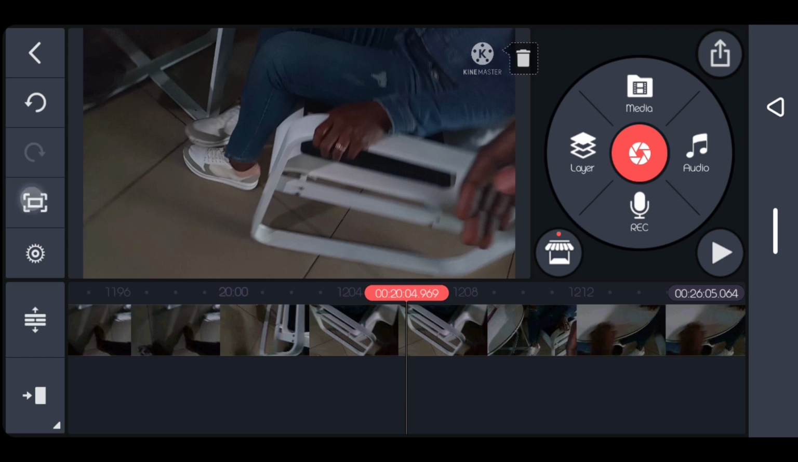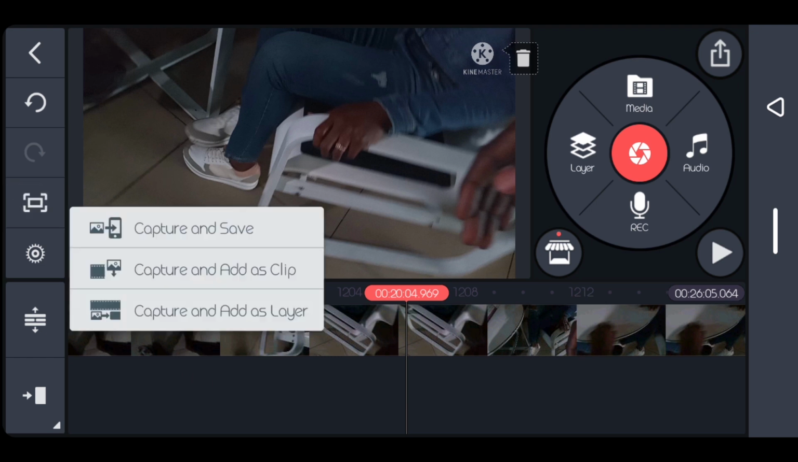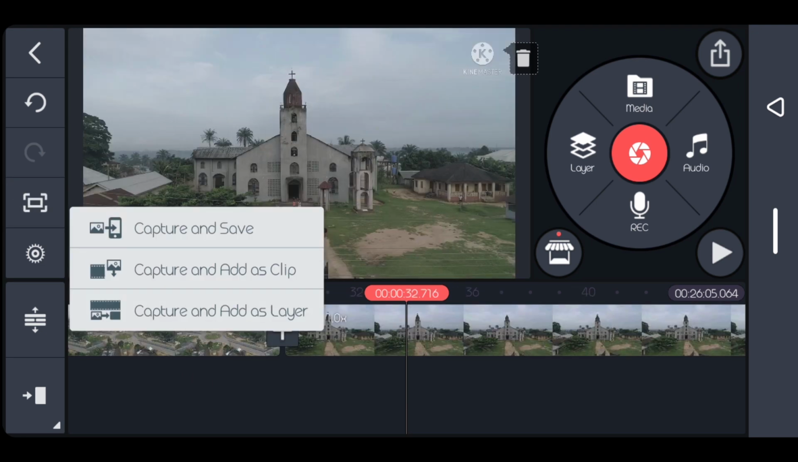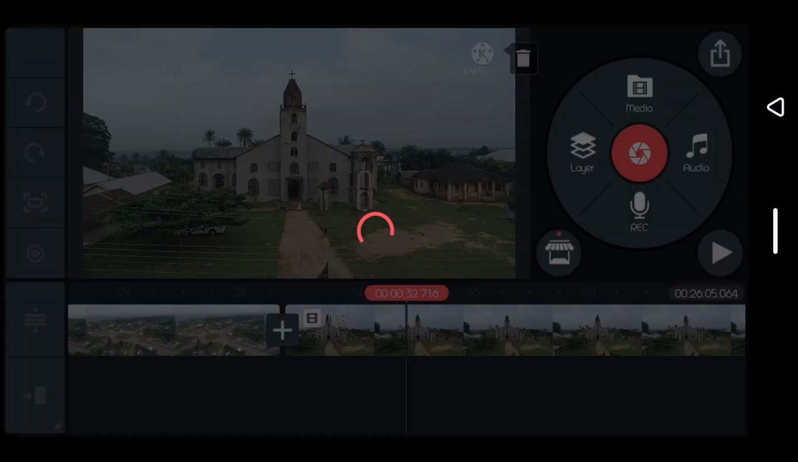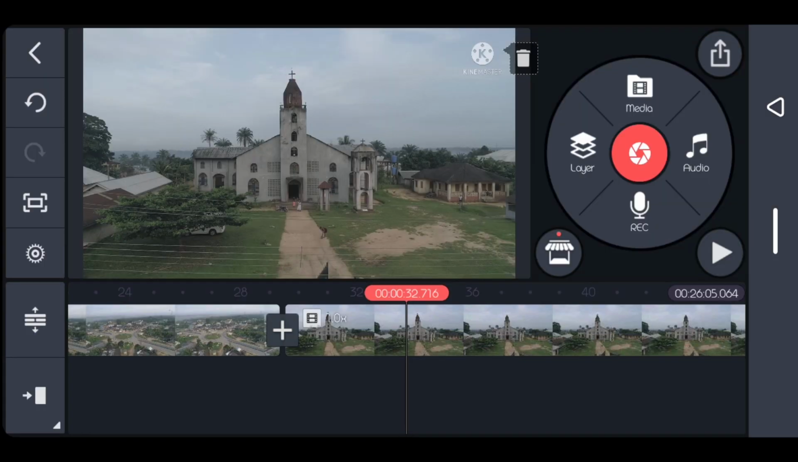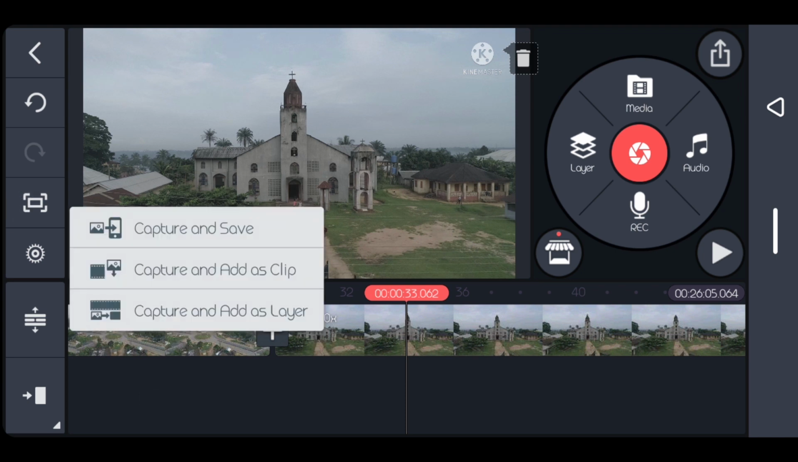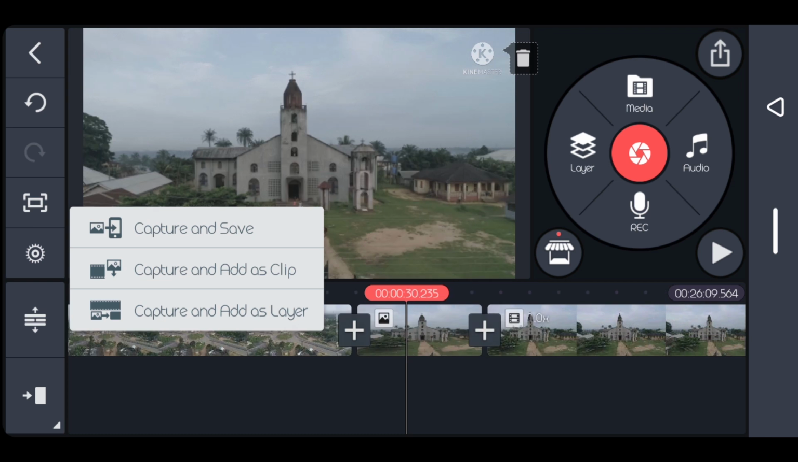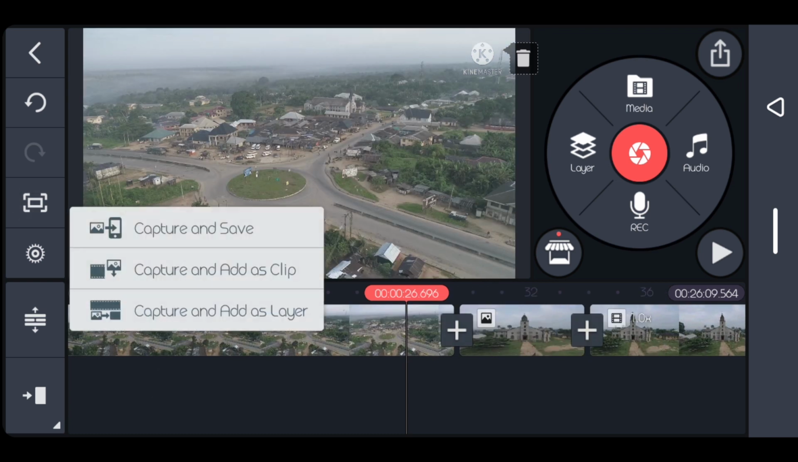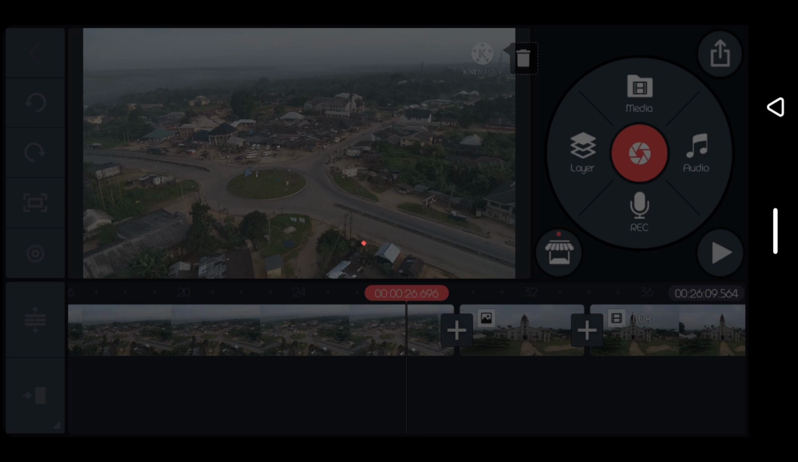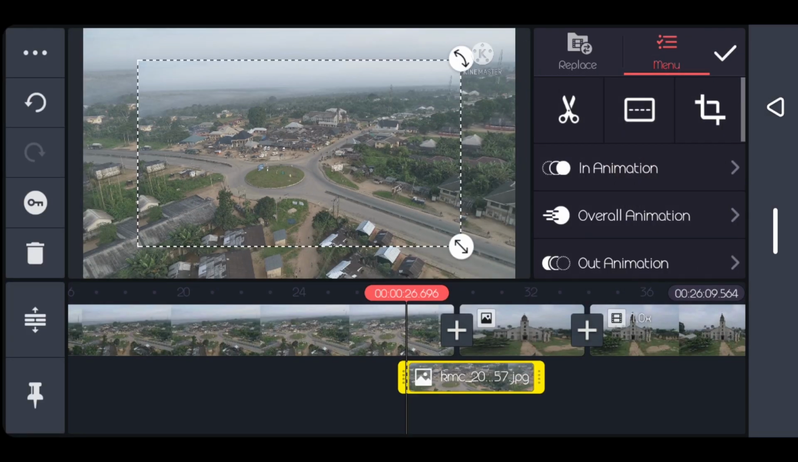So the next button up here is what you can use to capture a particular frame. So if I click on capture and save, it's going to save this as a picture that I can use to do my graphics. So that's where you can do that. Also, you can capture it and bring it as a clip. While the last one is capture and save as a layer. If I capture it, it's going to put it in a different layer instead of putting it on the same line with